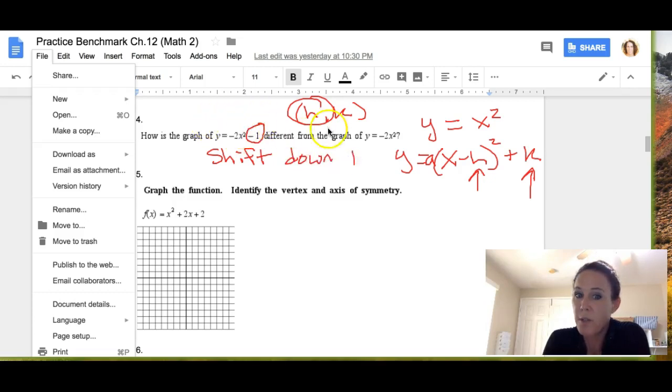So how is this graph different from this graph? It's this graph shifted down 1. Go ahead and graph both of these on Desmos and see what it looks like. All right, let's go ahead and